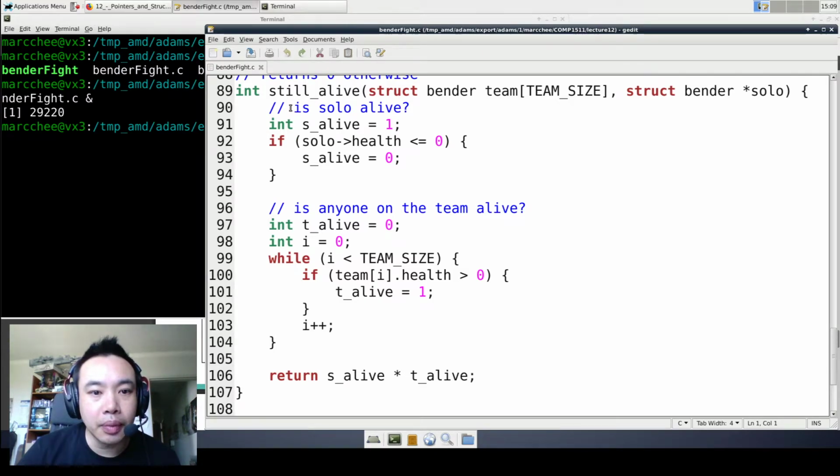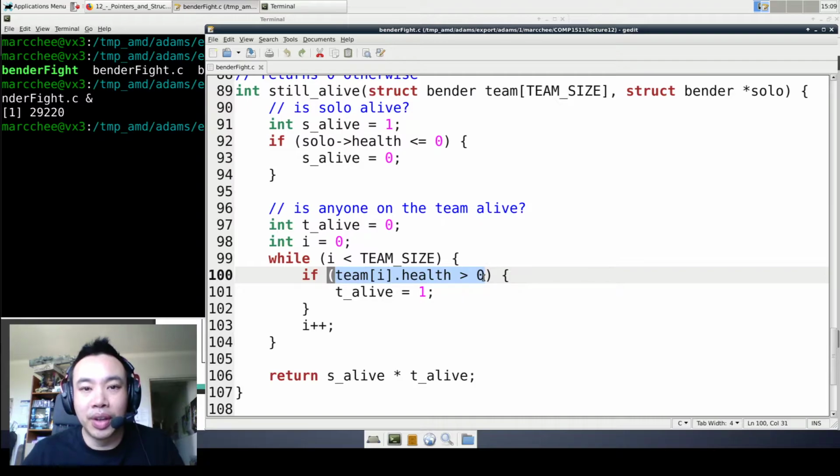has the ability to check if one person's alive and also if the team is alive. So basically, if either one of these doesn't have any hit points remaining, so the health is 0, so solo health is less than or equal to 0, then that gets set to 0. The team has to loop through. The team will only be considered alive if there is someone on the team where the health is greater than